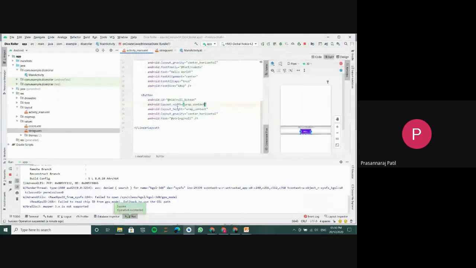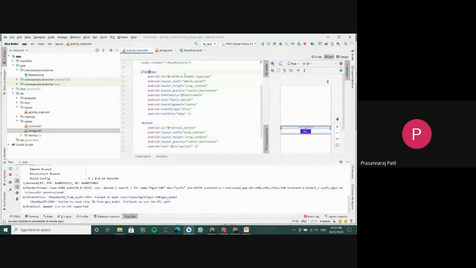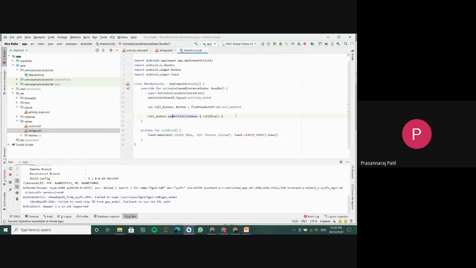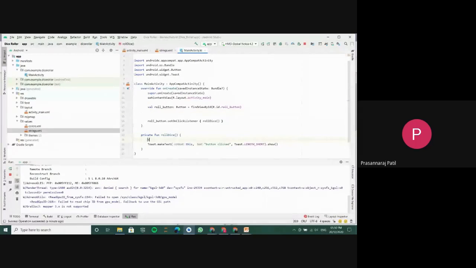As you know, this text view we have given the id, that is dice number text view right now. So what we will do, inside this function,